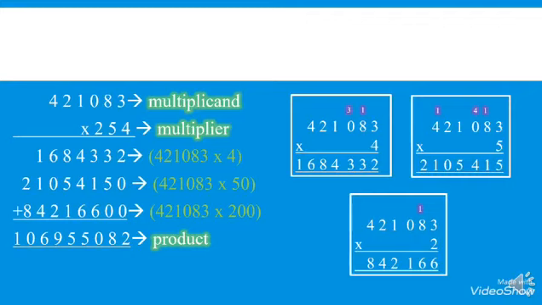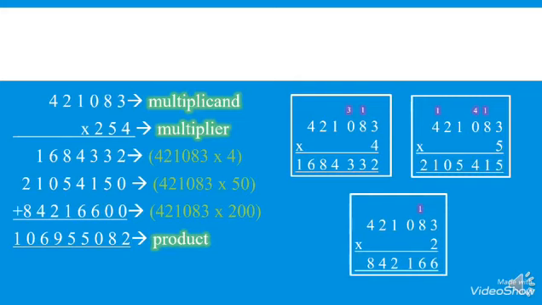Start always adding the numbers from the unit column. So we start adding the values. 2 plus 0 plus 0 will give you 2. 3 plus 5 will be 8 plus 0 will be 8. 3 plus 1, 4. 4 plus 6, 10. You will write 0, 1 will be carry.